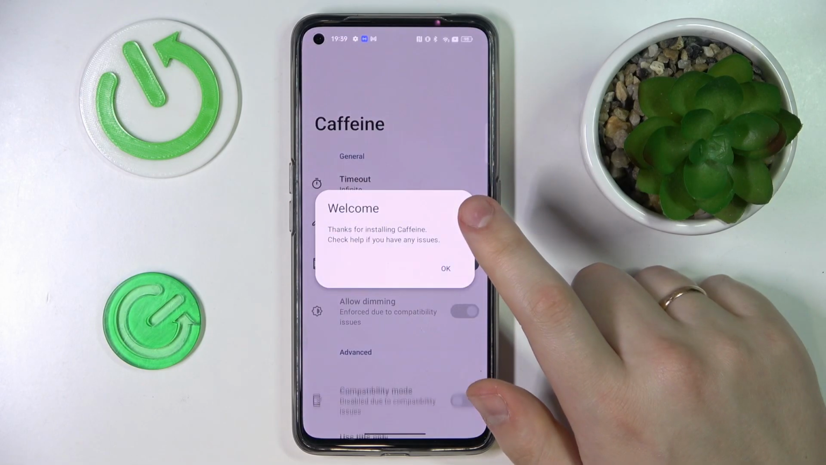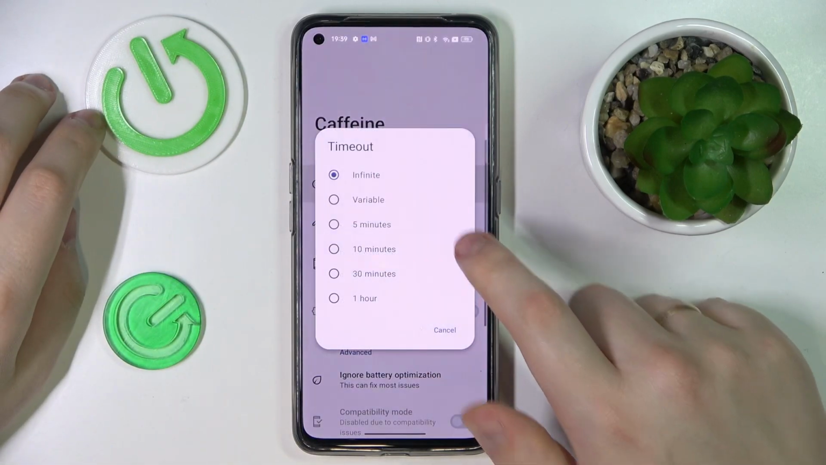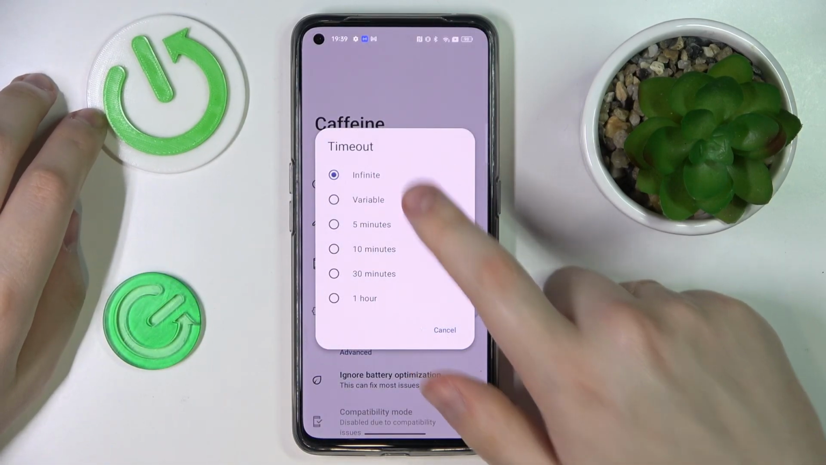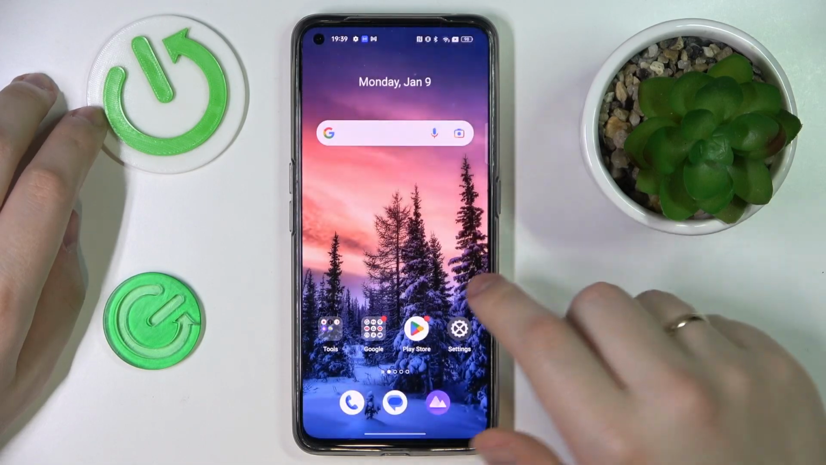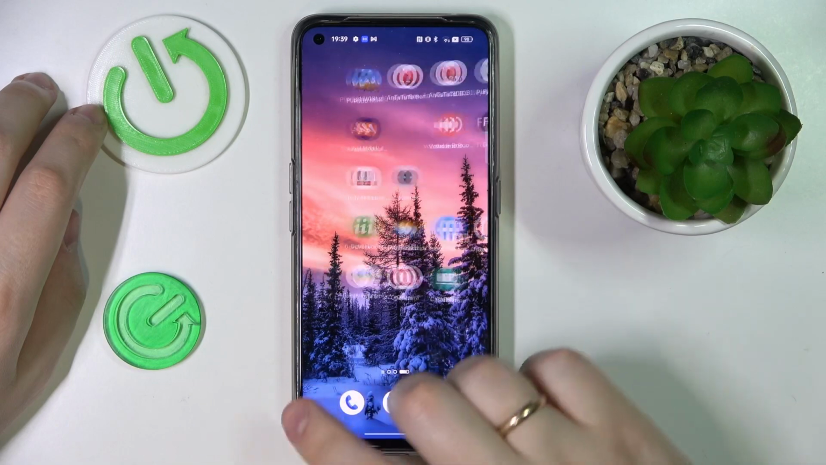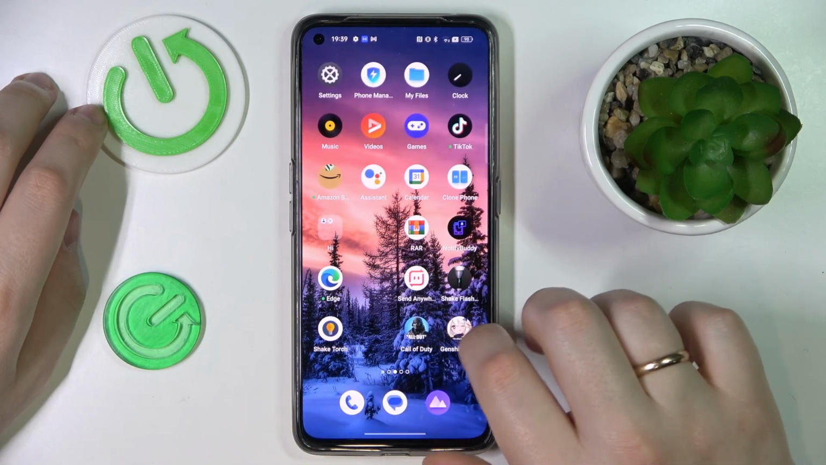Now we can go ahead and launch the app. And in here, just make sure that the timeout value is infinite. And as long as you do not close the app and it stays active in the background, your screen will not go to sleep automatically at all, no matter how much time it will be in idle